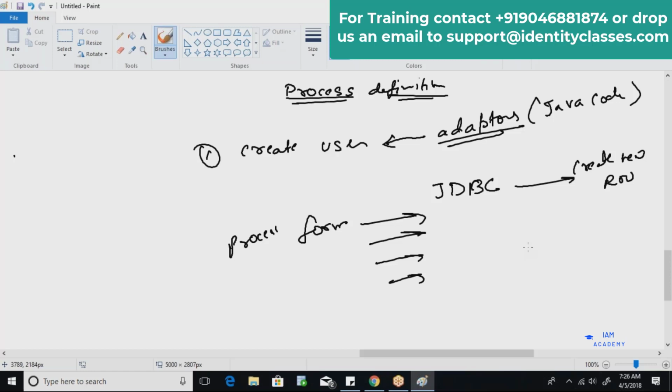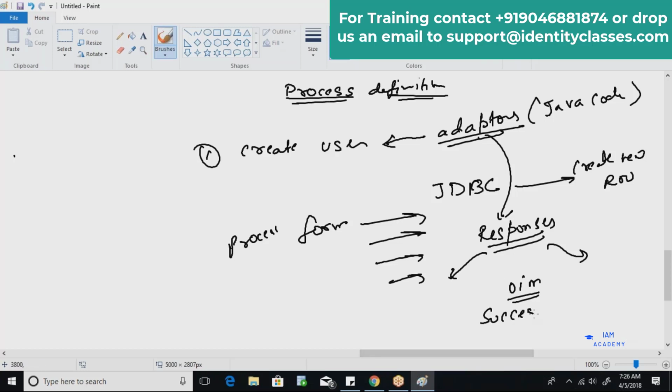If the database is not listening, you won't be able to run any sort of Java query or SQL statement. So whenever we attach adapters in the process task, we also have a concept of responses. These responses let OIM know whether the task which it gave me and I tried to run in the target system was successful or not.